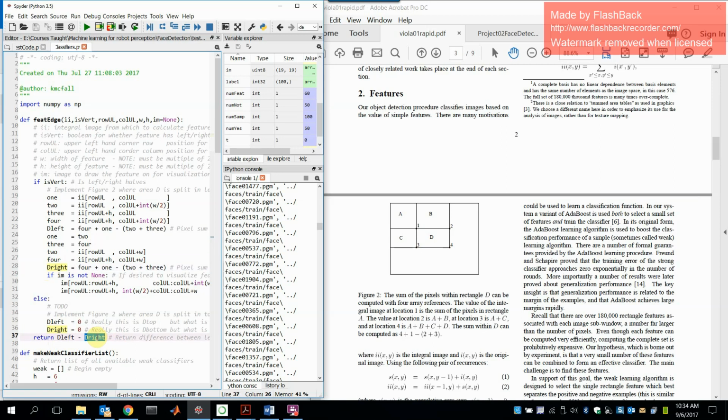Okay? Now, if something is passed for image, if image is not the default none, if I do actually pass the original image, and I don't know, maybe I should have called that I instead of IM. If you go into Matplotlib and OpenCV, they use as the default variable for image the term IM. But in the paper, they use I to represent the image. Okay, so I used IM here. Perhaps I should have made it I to be more consistent with the paper. Okay, so IM is the original image, and what I did here